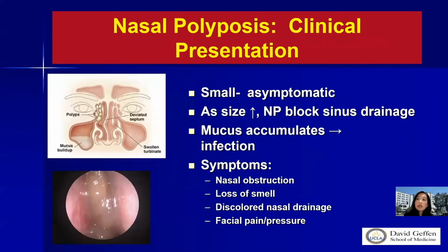So in terms of the clinical presentation, when the nasal polyps are small, usually the patients are asymptomatic, but as they increase in size, the nasal polyps end up blocking the sinus drainage pathways, and that's when we get mucus accumulation and secondary infection. So usually, the patients present with nasal obstruction and loss of smell, and then eventually, when a secondary infection develops, that's when we see discolored nasal discharge, and the patient begins to notice facial pain and